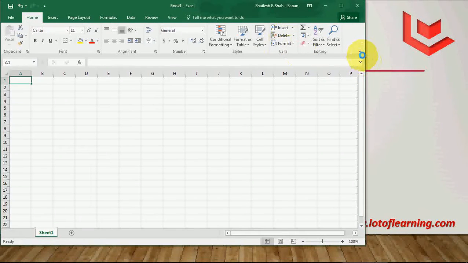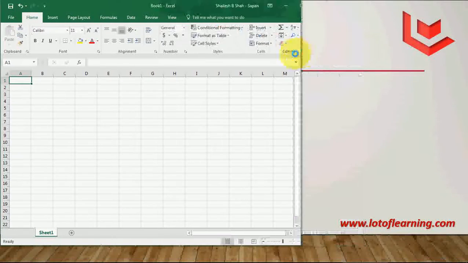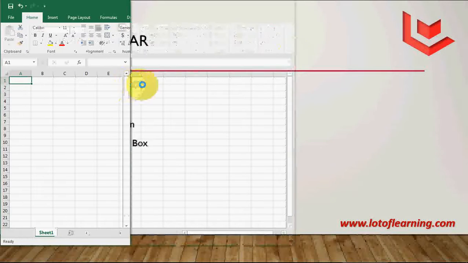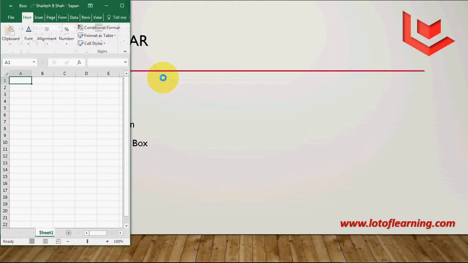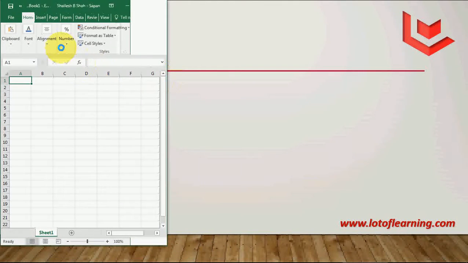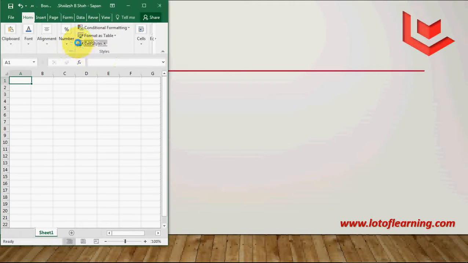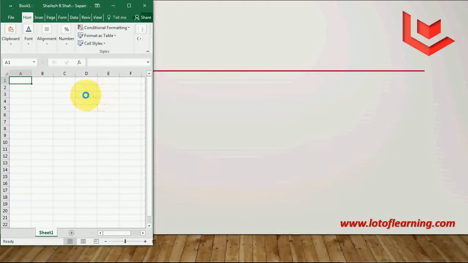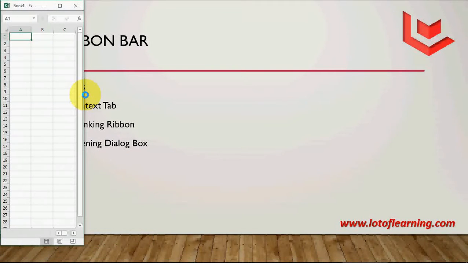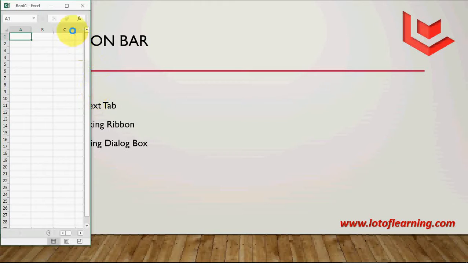The larger icon becomes a medium icon. And when we shrink it to a certain level, the icons will be turned into a drop-down menu like this. And at a very low screen resolution, the ribbon bar will disappear.